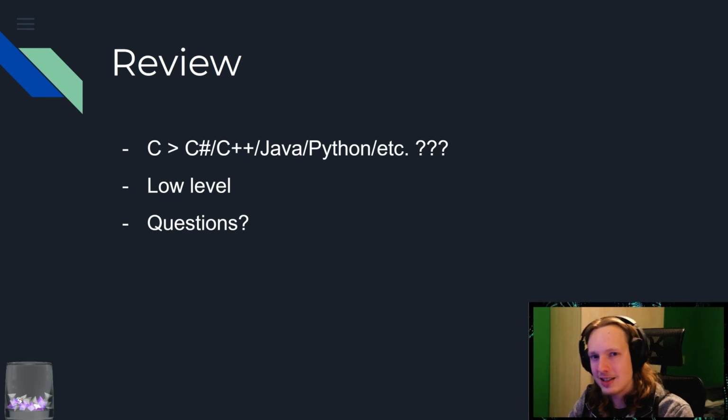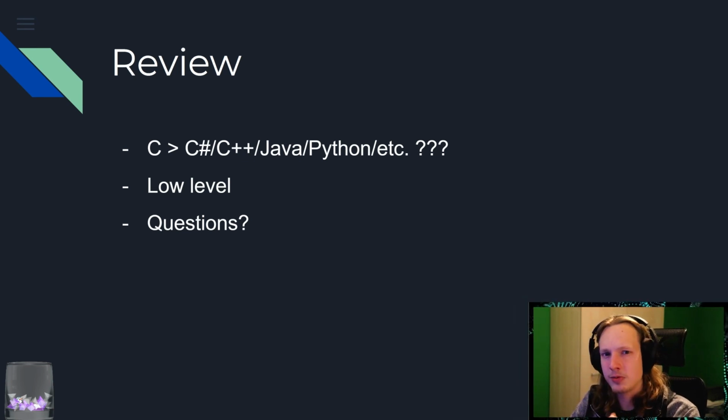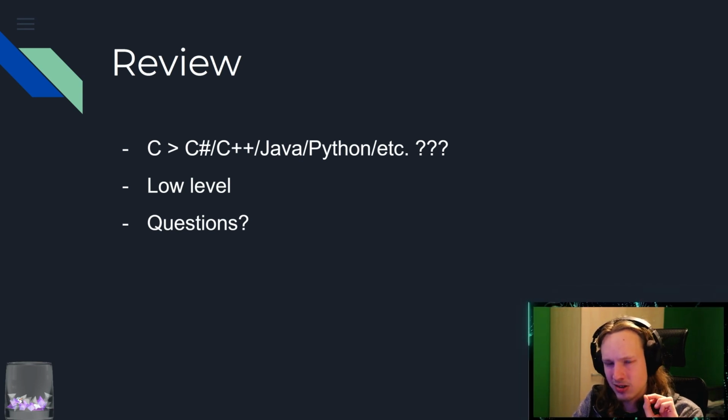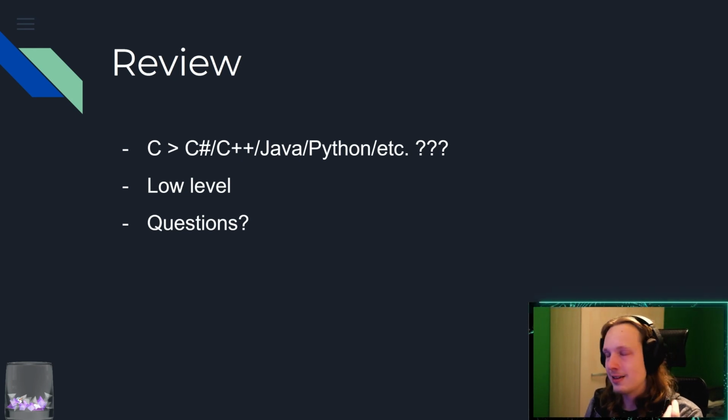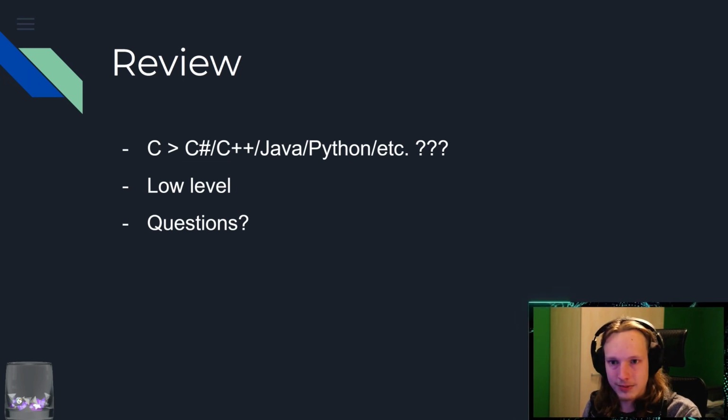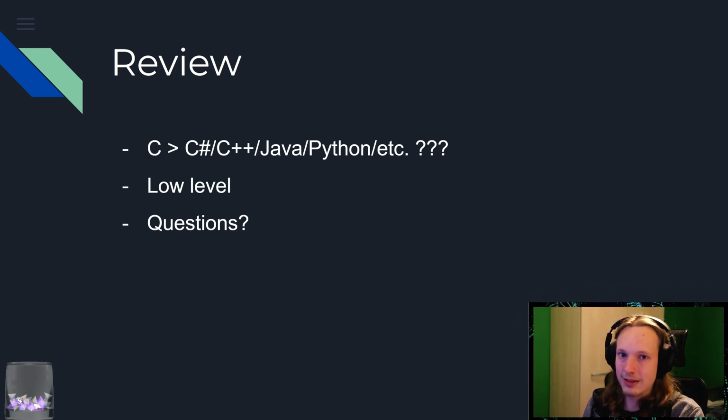In most cases, you will not need the performance given by C. You will not need that absolute super fine level of control. You usually just don't need it. And in that case, using C# is just very convenient. Using Python is very convenient. You can write a bit of code in Python so quickly, while in C, it can take you so much longer. And in C, you then have to think about, oh, well, did I free all of my memory?